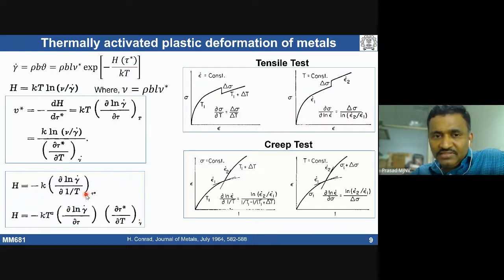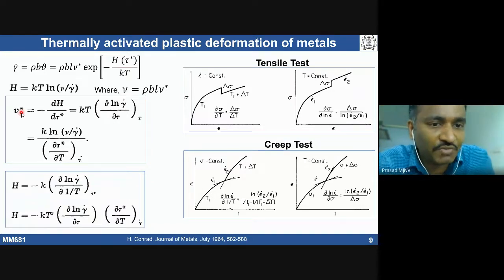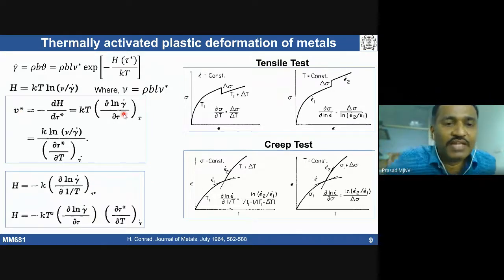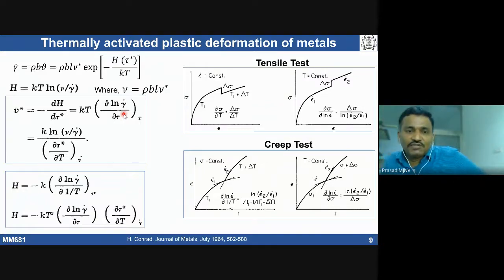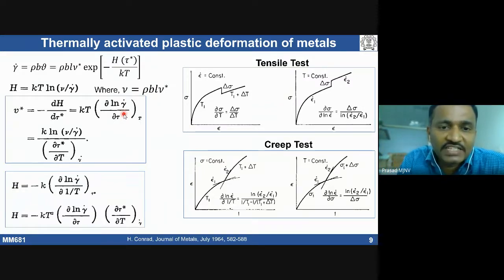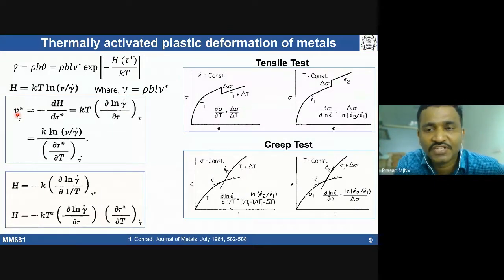No, sir. Okay. So basically, these are experimental ways. Theoretically, we will come to know how the activation volume is going to vary as a function of a change in one of the parameters while maintaining other things constant. Then we can determine the activation volume. It's one of the ways; both tensile test and creep test can be used to determine the activation volume of a